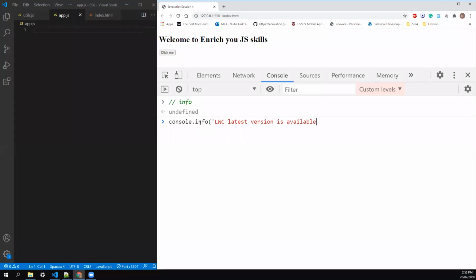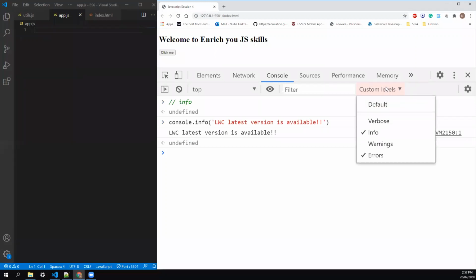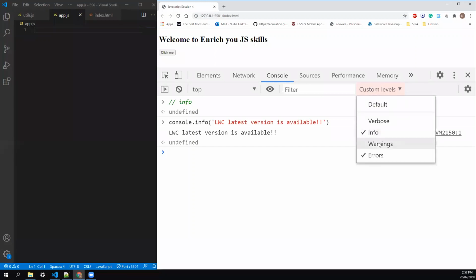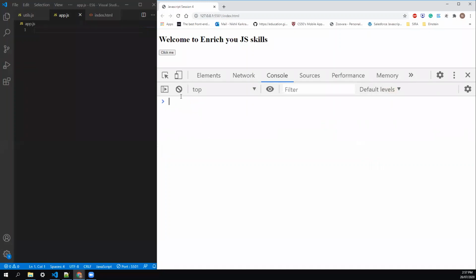This is an info that we want to give to the user when our engine runs, when we use some library. So it prints that in the info way, and you can change the level whether you want to see that particular console or not. So if I uncheck the info, you can't see the info message here. If I check it, you can see the info message. Similarly, I can select warning, and that is our next method, that is warning.